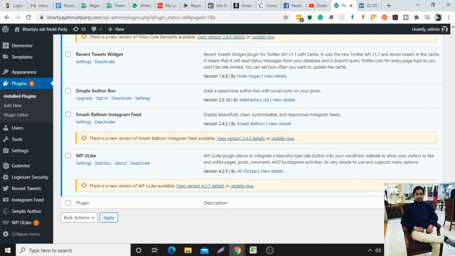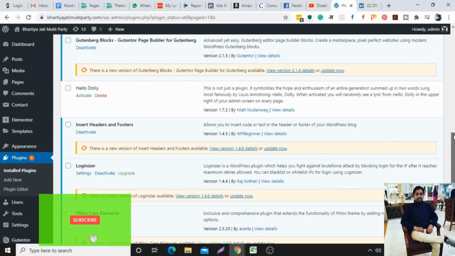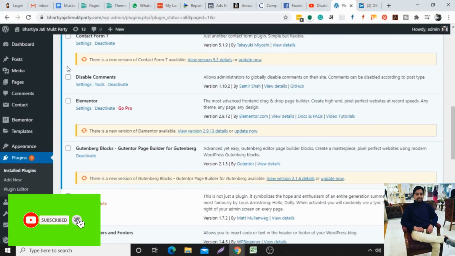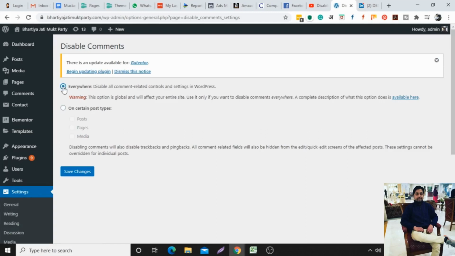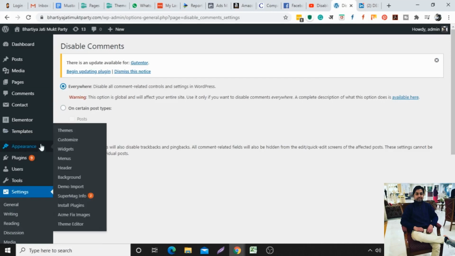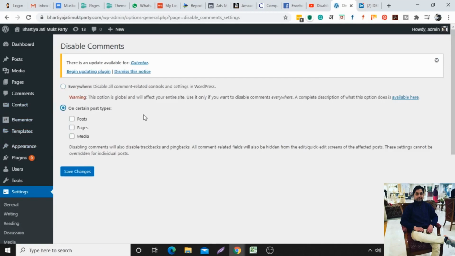Now let us come to the settings of this plugin. Okay, now click on settings, and if you want to disable the comments everywhere, you can click on everywhere. And if you want to disable the comments on a certain post type, you can select the sections on which you do not want to see comments from the users.